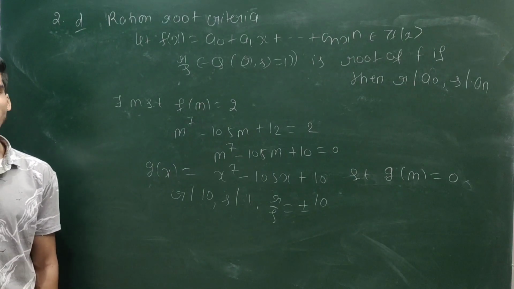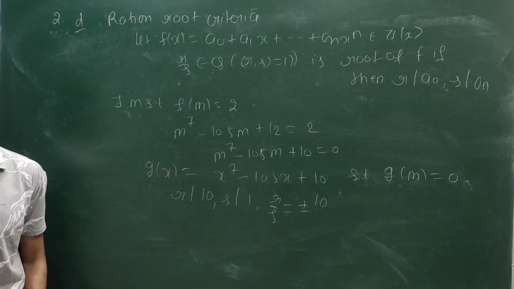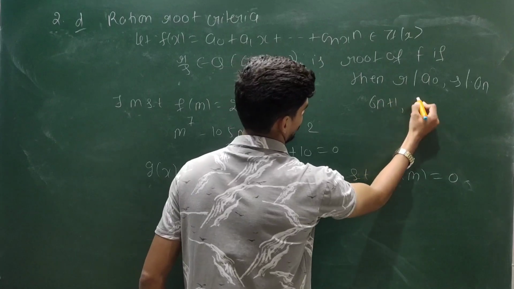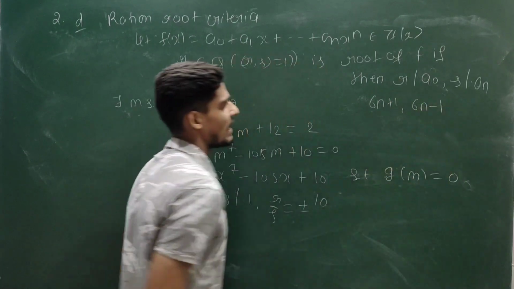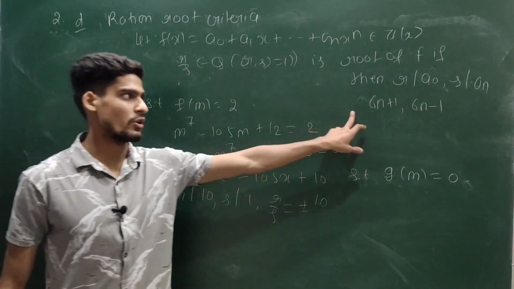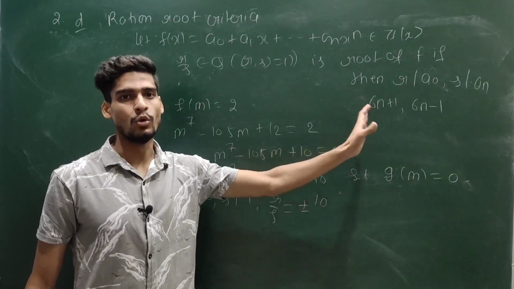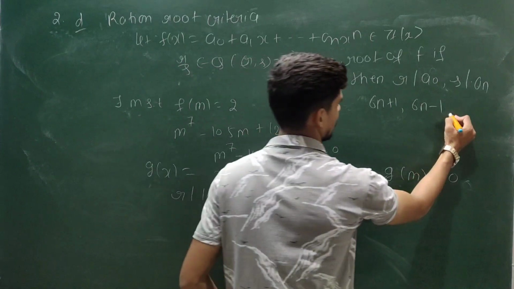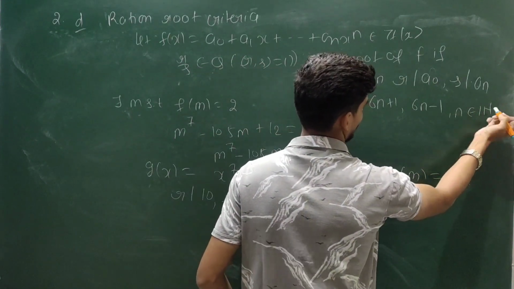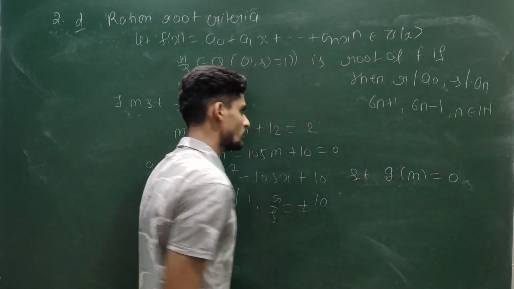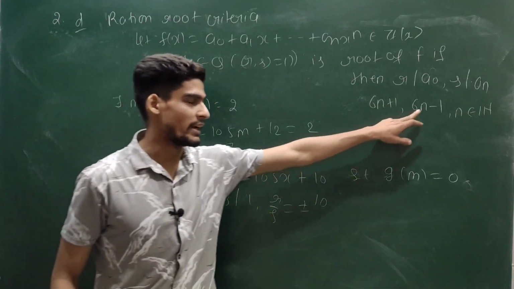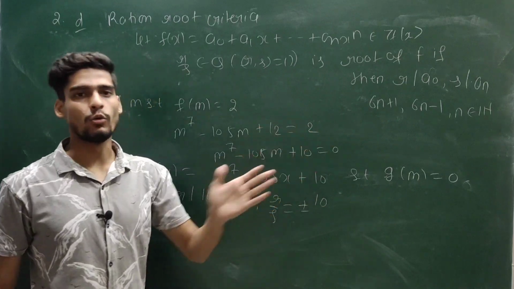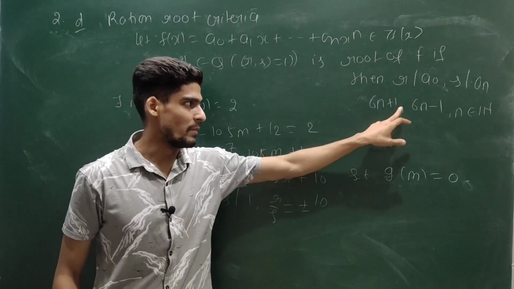उसको कभी आप 6n+1 या 6n-1 से रिलेट करना. Every prime number is of this format. Other than 2, 3, for every n belongs to natural number. If you take n value is 1, you can get 5. If you take n value 1, you can get 7 from here. So other than 2 and 3, all the prime numbers will be of this form.